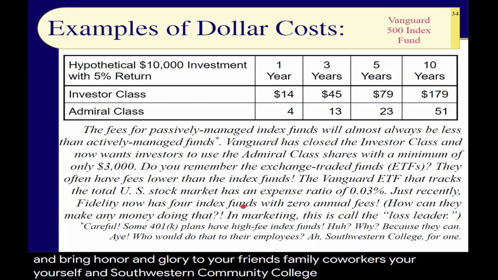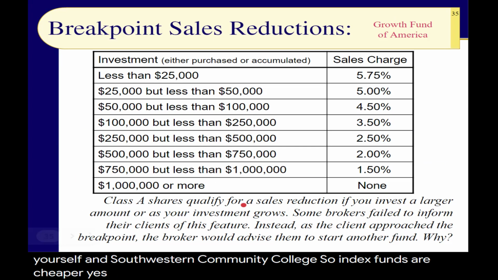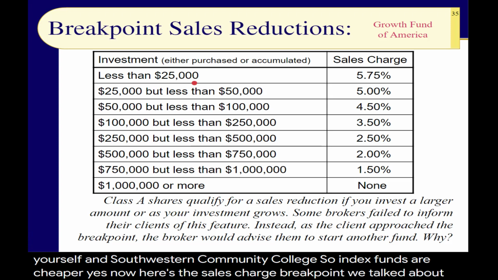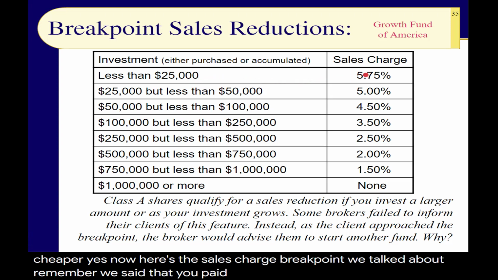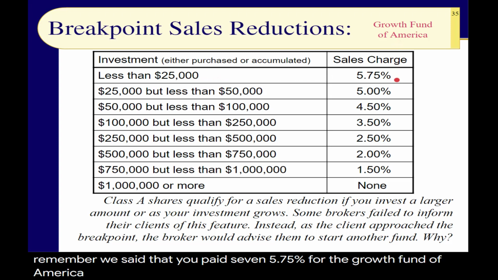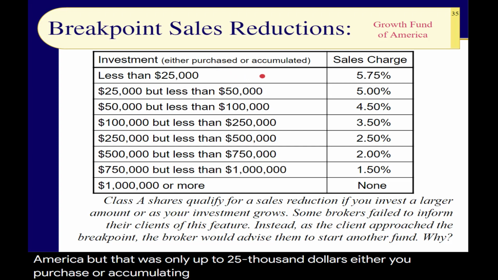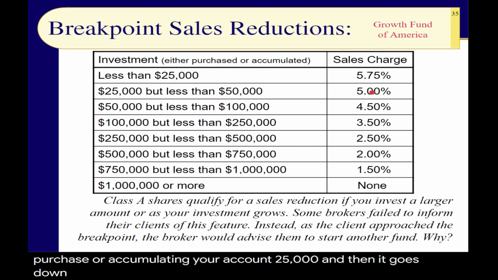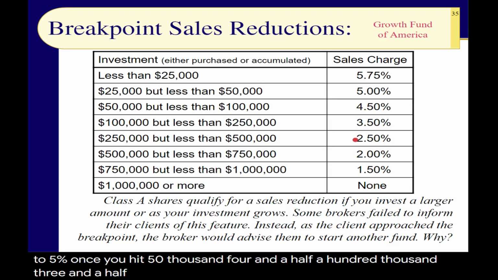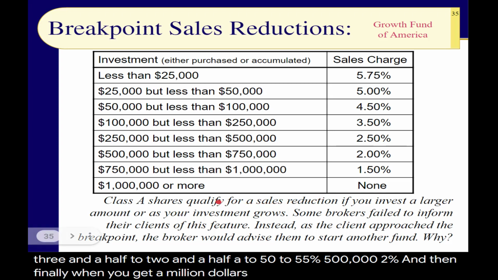Okay, enough of that. All right, so index funds are cheaper. Yes. Now, here's the sales charge breakpoint we talked about. Remember we said that you paid 5.75% for the Growth Fund of America, but that was only up to $25,000. Either you purchase or accumulate in your account $25,000, and then it goes down to 5%. Once you hit $50,000, 4.5%, $100,000, 3.5%, 2.5% at $250,000, $500,000, 2%, $750,000, 1.5%, and then finally, when you get $1 million in your account, or you have $1 million